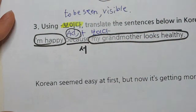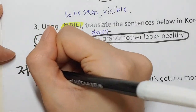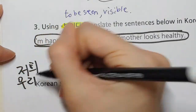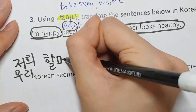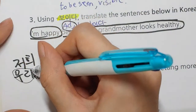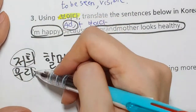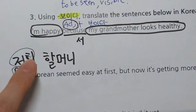So to translate my grandmother looks healthy, you can say 저희 or 우리, my 할머니가, 저희 할머니가. So 우리 is a friendly way to say my, and 저희 is an honorific form of 우리. So both can be used for my grandmother. 저희